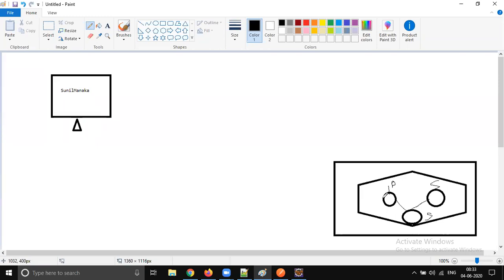Because if any problem happens and one node goes down, we don't want to lose the data, right? So we don't want to lose the data. That is the reason why this cluster concept, multi-node concept, was introduced. Anyway, that is nothing related to MongoDB. I mean, that is nothing related to our application. Just for your understanding purpose, I'm telling.